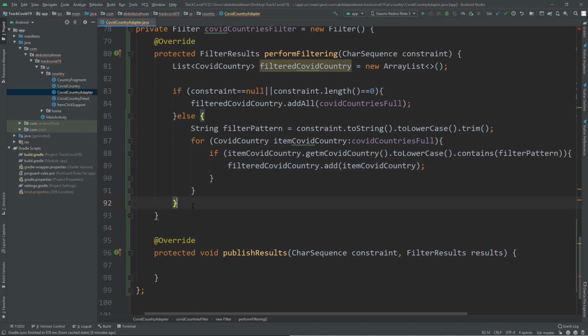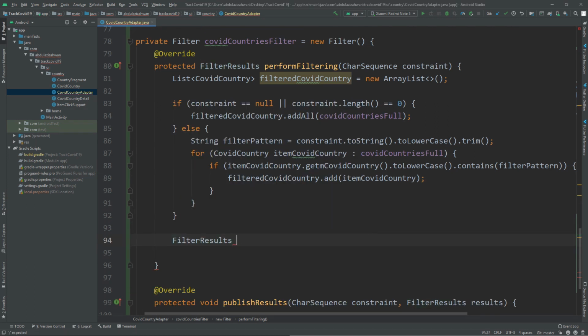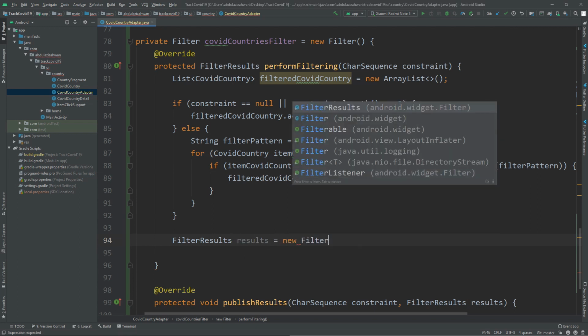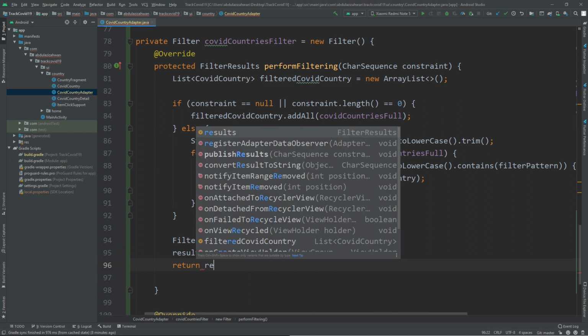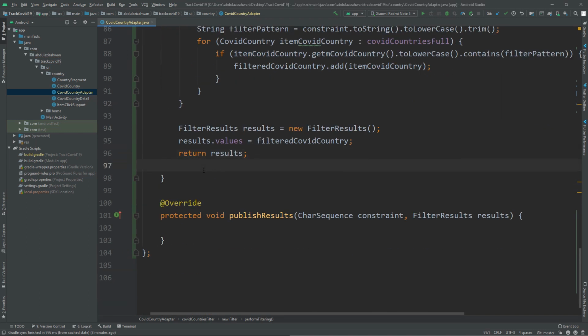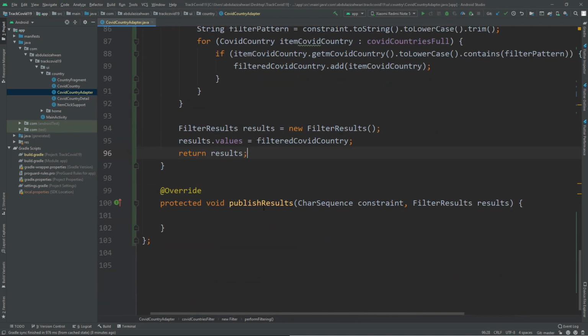So we need to return something like a filter result. So we say filter result and we name it as result, and we say new filter result, and we say result.values filtered COVID country, and we return result. Alright, so that's enough for our perform filtering, and we go to our UI thread right here,